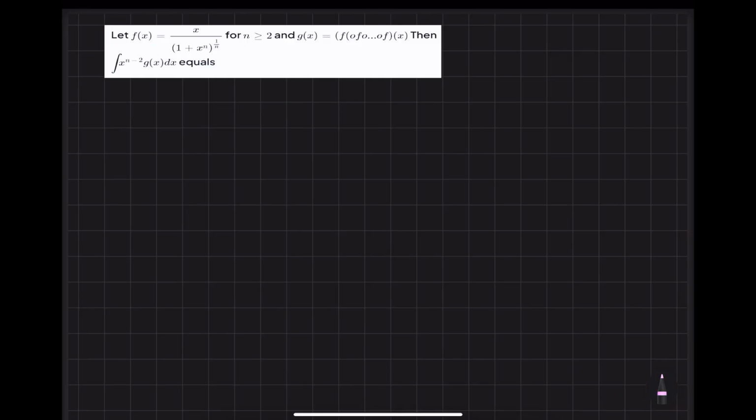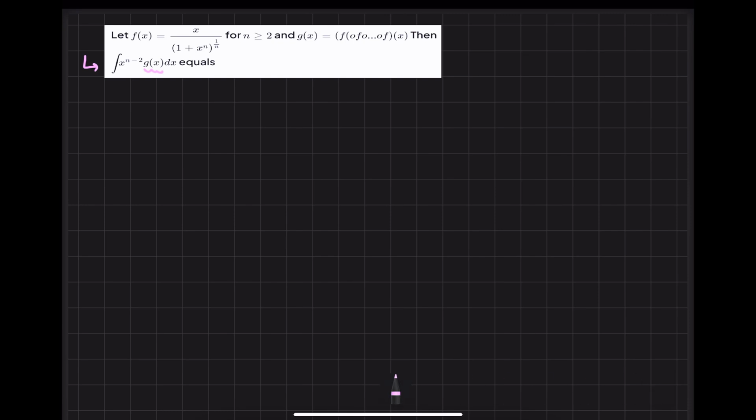So we have this situation. Let f of x equal to this. For n greater than or equal to 2, g of x is f of f of ... f of x. Then the integration of this function is... Now look at this. Before integrating this function, you have to understand who is g, then only you can solve